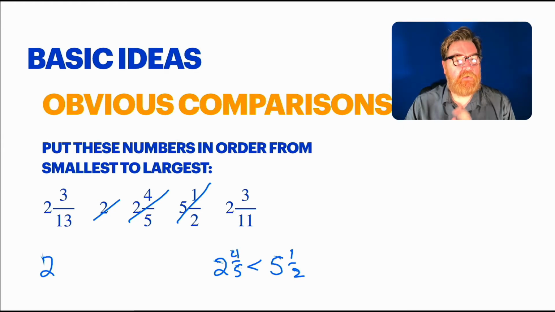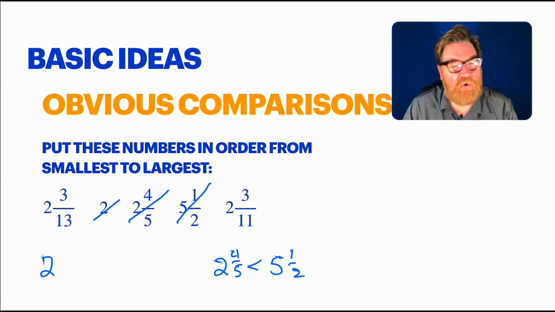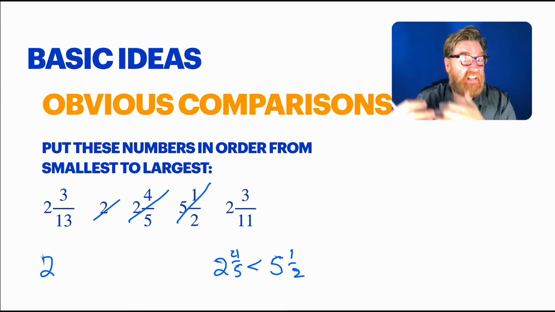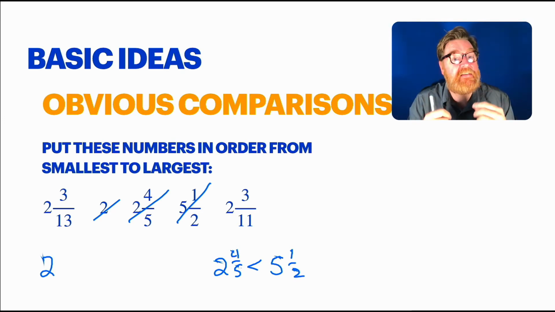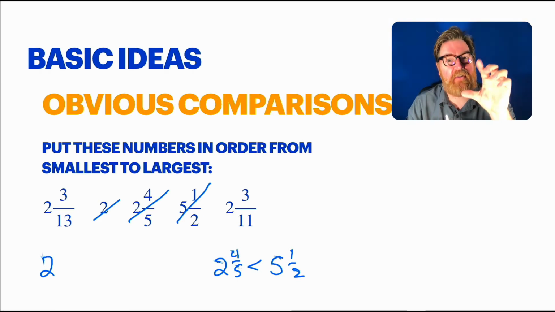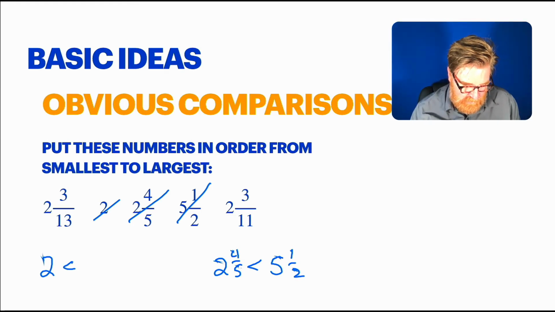Well, good. Oh, I heard somebody whisper that. So quiet. Where is that? Who said that? So quiet, but exactly right. It comes down to, because we have 3 of 3/13 and 3/11, same number of pieces, it comes down to the size of the pieces. And we've seen before that the bigger the denominator, the smaller the pieces. So 13ths are smaller than 11ths. Game over. 2 and 3/13 is smaller